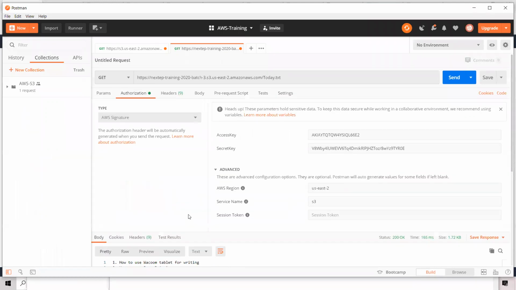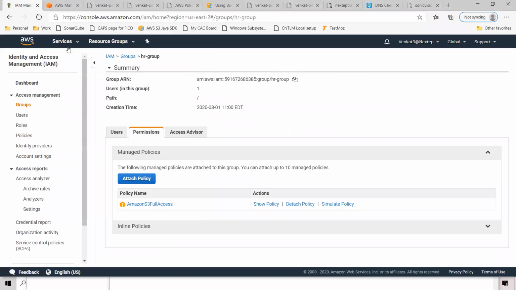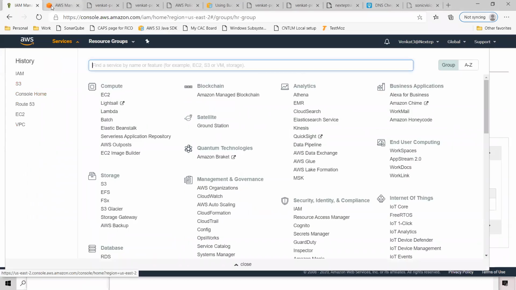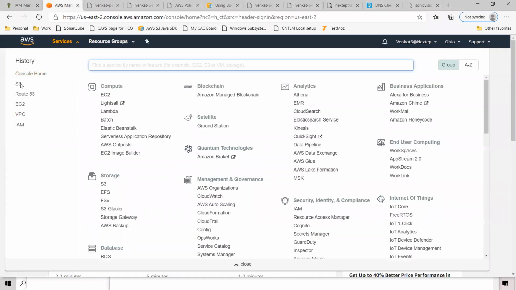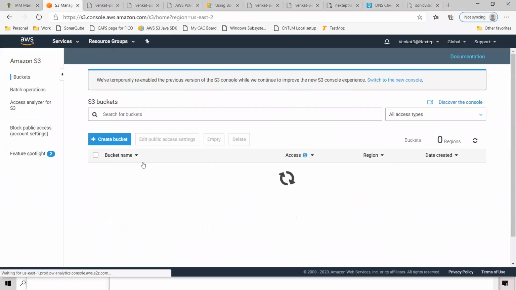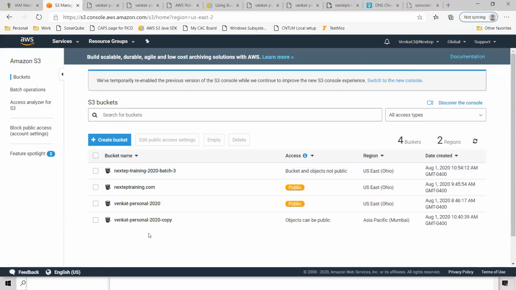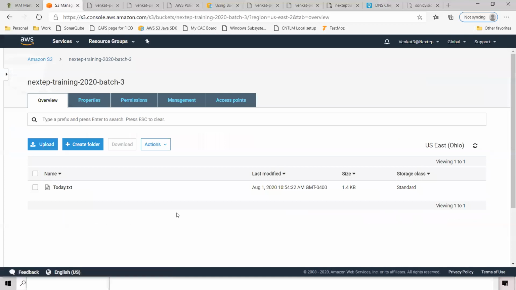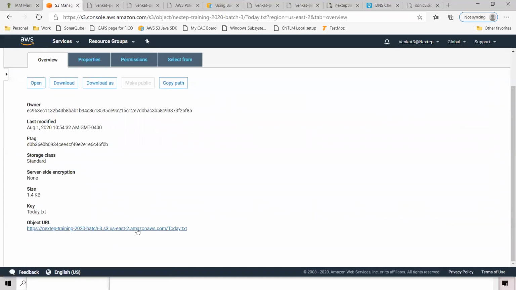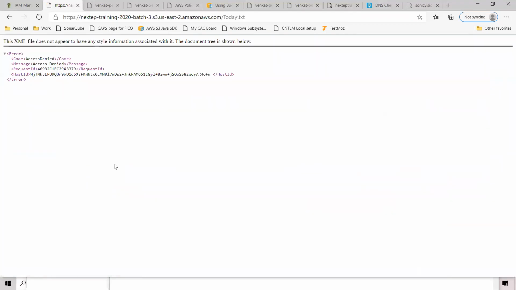And by the way, now try going into your S3 bucket. I'll go to the S3 bucket, the one I created, next step training 2020 batch 3. Today.txt. Try going here. Access denied.